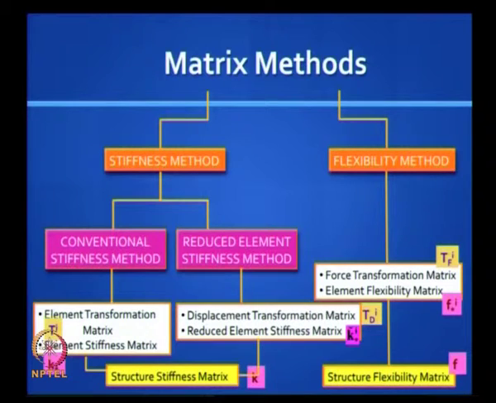In software packages you do not have the reduced element stiffness method, you do not have the flexibility method. So in many advanced courses they do not waste time with these methods, they just cover the conventional stiffness method. In fact, many modern textbooks do only that. Traditional textbooks cover everything, but in many universities, I think in your GATE exam for example, they will cover the reduced element stiffness method without calling it so. They will still call it a stiffness matrix method, but it is actually the reduced version of the method,